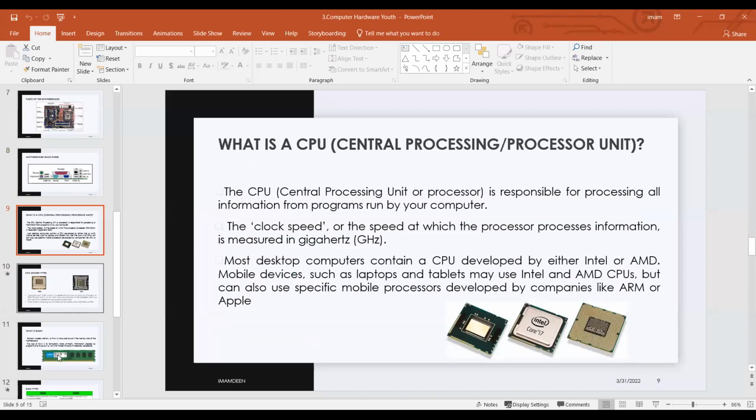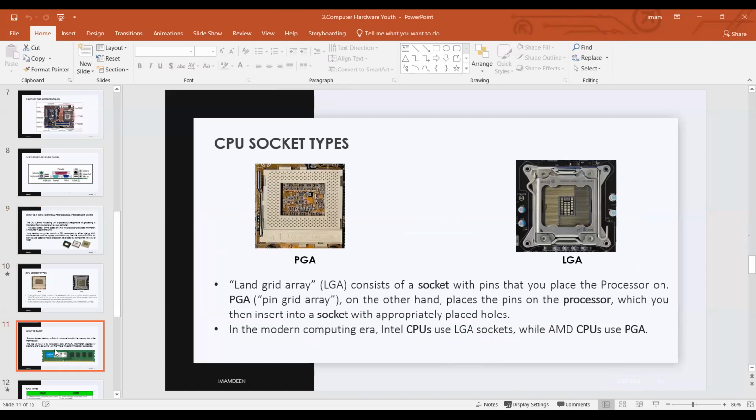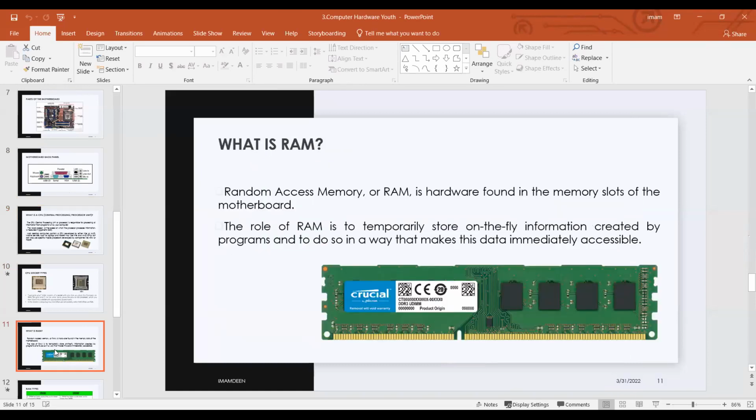So heart means CPU, central processing unit. So next we'll see the RAM, random access memory. So RAM is different and ROM is different. RAM is random access memory. The other one is read only memory. Read only memory is a small chip that we use in the motherboard, but random access memory is the